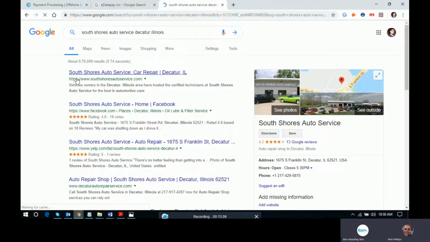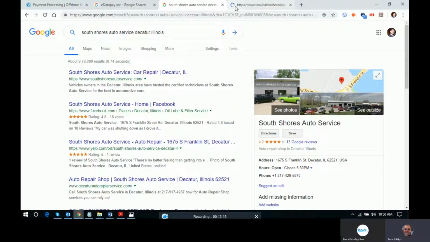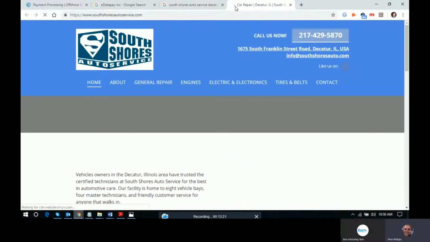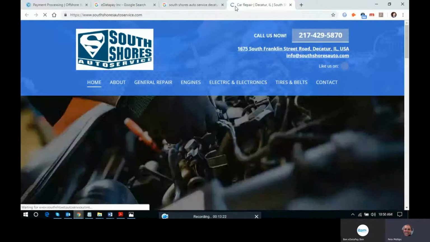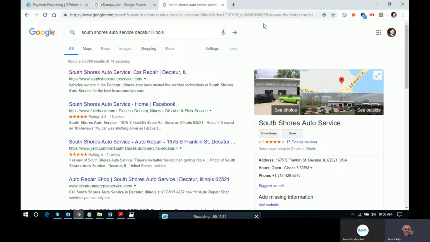There you go. We have their website right here. SouthShoresAutoservice.com. So you do have a website, they just haven't added it to the Google My Business. Yes. But again, do you have a list of all these factors, like a checklist, so that the agents, when they're going through the report, can look at all these factors and not miss